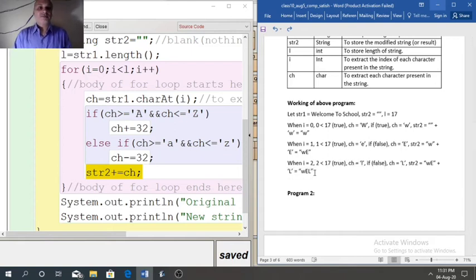So working of first three characters I have explained. In the same way, our loop will run 17 times from the beginning till the end. So same thing will apply for the other characters and we will get the desired result stored in str2. Then finally we will print str1 and str2. I hope this working should be clear to you now.